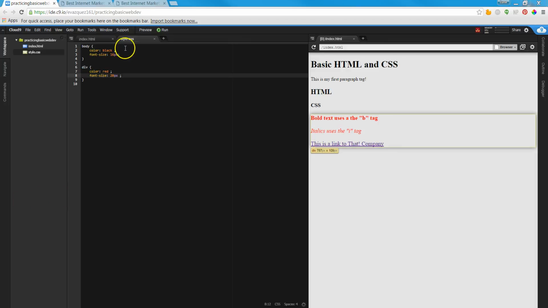As you can see, the sections of the code have changed. You may ask yourself, why is the div changing if part of it is in the body? Well, this is because the style sheet